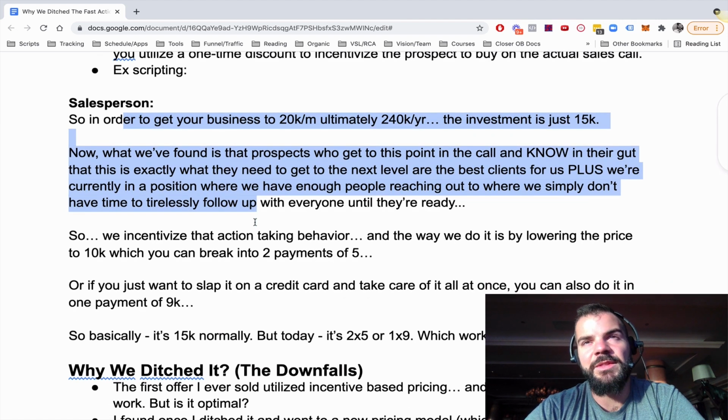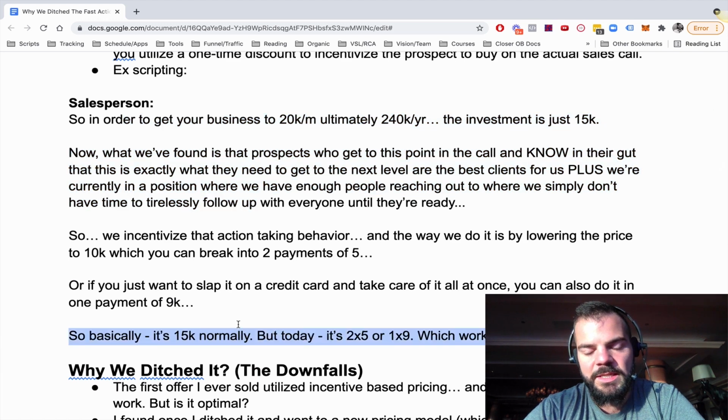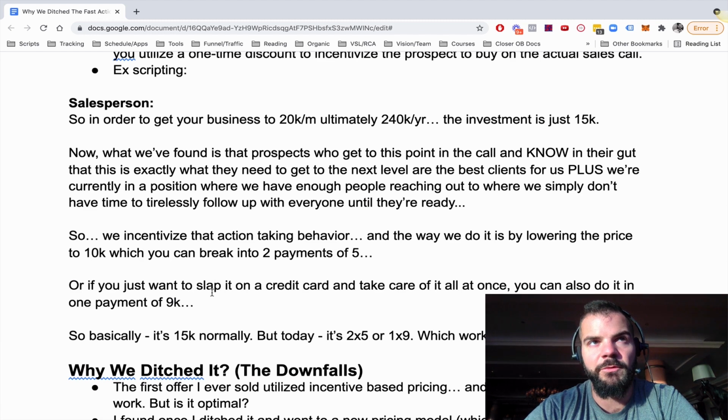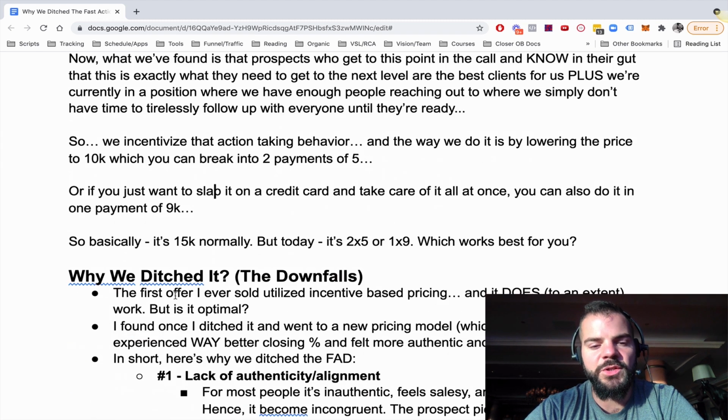I can't even say that with a straight face because I just think it's so tacky and cheesy. But we used to use this, and there are big coaching programs out there that still teach this, literally almost word for word probably. And a lot of people still use it. And I'm going to tell you the downfalls and why we ditched it.